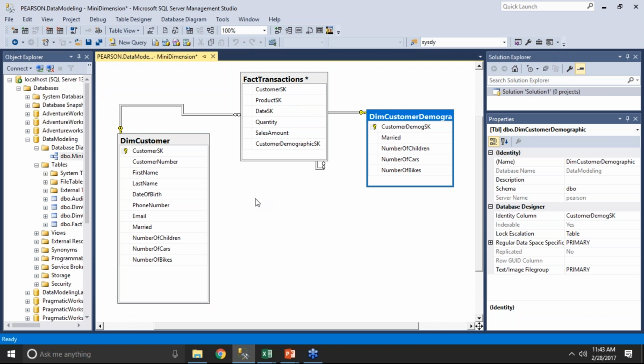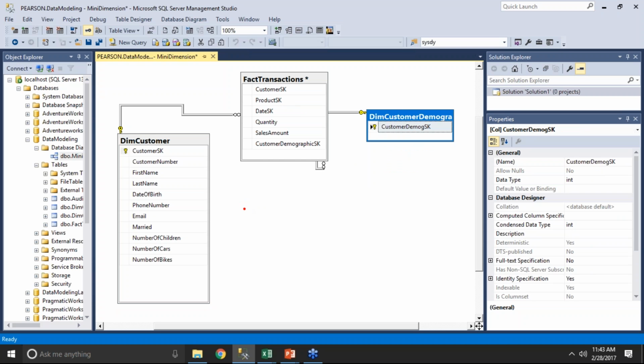All we do is inside of the fact table here, let's see if I can just draw this out very quickly. Inside of the fact table, you'll have records. So let's say you have customer SK, and then you have the demographic SK here. And then you have, you know, a sales amount, whatever. All right. So the first time I make a purchase, my customer SK is 1. My customer demographic is 1 because I'm married, no kids, no cars, no children. And then I purchase something for $5 and whatever the product was. You'd have all those other attributes there. The next time,